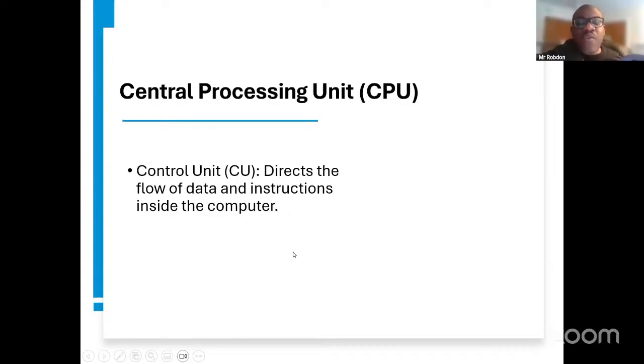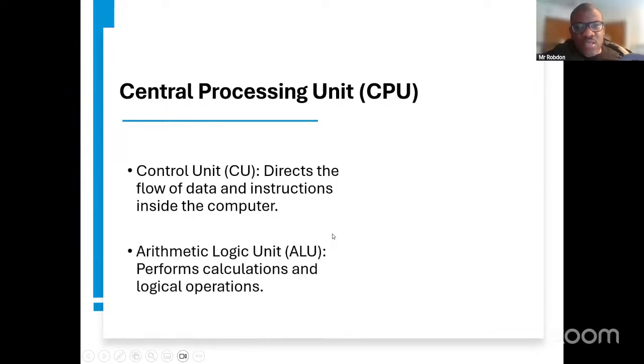So as I mentioned, one of the core features of the CPU, or part of the CPU, is a control unit. And this one is responsible for directing the flow of data and instructions inside the computer. In simple terms: fetch, decode, execute. That's what it does. And then there's the arithmetic logic unit, which we spoke about, responsible for performing calculations and